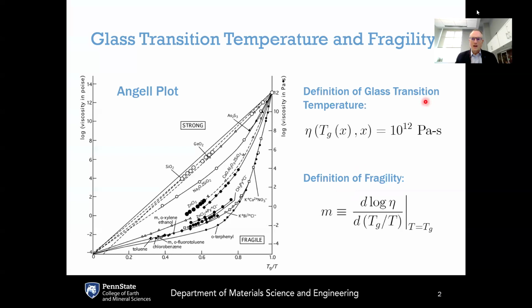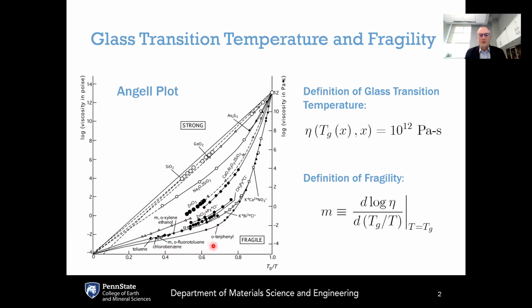Today, what we're going to do is focus on different models to describe the temperature dependence of liquid viscosity. Let's begin with one of the most important plots from the previous lecture, which is this Angell diagram introduced by Professor C. Austen Angell from Arizona State University. And if you recall, what Angell did was he took the viscosity versus temperature curves for a wide variety of different glass-forming chemistries, from silica and germania through chalcogenide systems like arsenic sulfide, ionic liquids like zinc chloride, organic liquids